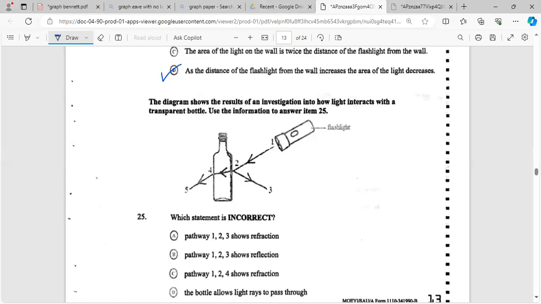Pathway 1, 2, 3 shows a refraction. That is incorrect. That would be a reflection. But let us go through the others. Pathway 1, 2, 3 shows a reflection. That is true. Pathway 1, 2, 4 shows a refraction. The bottle allows light rays to pass through. So as I said, this one is incorrect. So for 25, it would be A. A would be our solution that we're looking for. Very nice question, that. Alright, let's move on to,